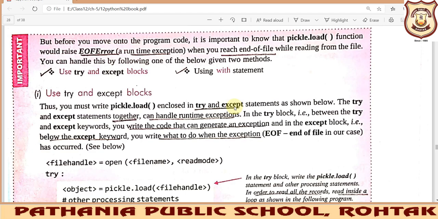An exception is that condition that is giving out some error to you, and that should be handled, otherwise the program will fail. Whatever exceptions or errors are there in the program that cannot be handled by the program otherwise are to be dealt with the help of the except statement. And the normal execution steps that a program may execute will be written inside your try block.